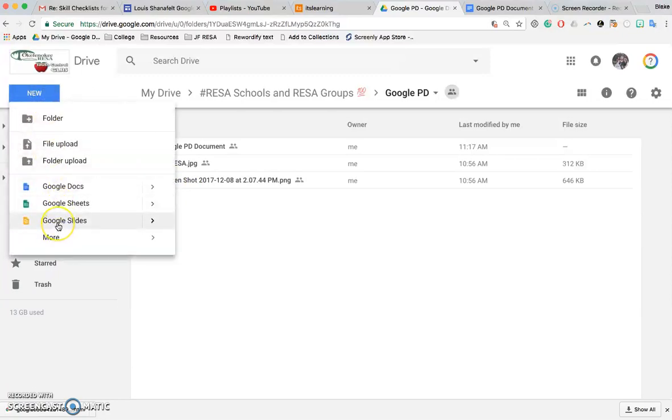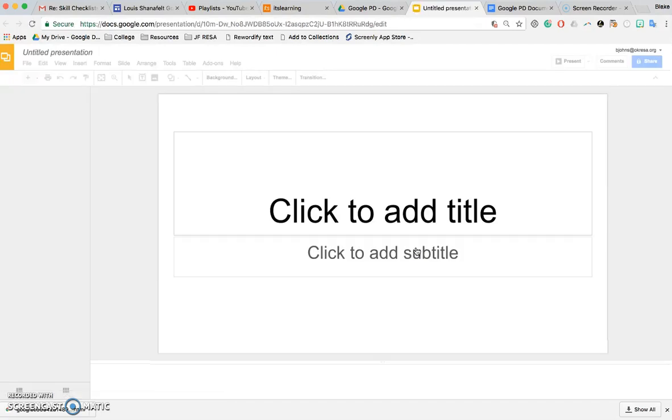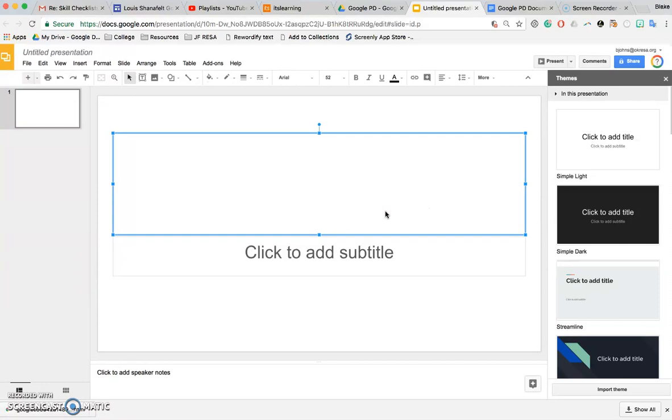This time we're going to talk about Google Slides. I would always do from blank presentation unless you already have a template created, and we'll talk about templates maybe in the level 2. But we'll do blank presentation. It's always going to ask me create and share because I've shared my folder with someone. Alright, so this is